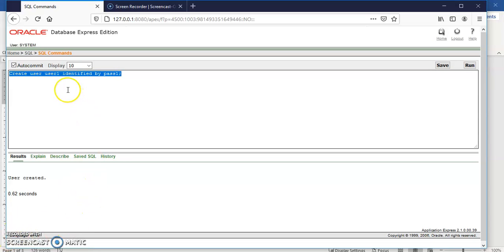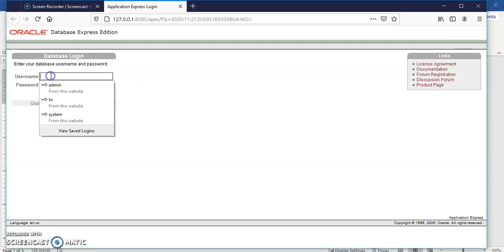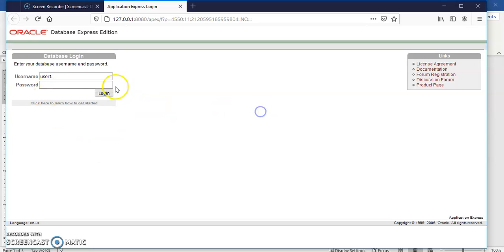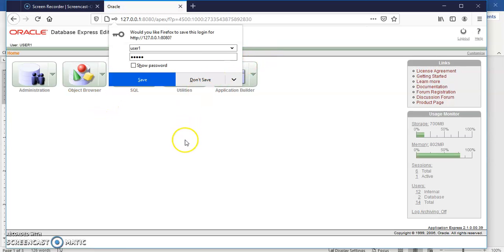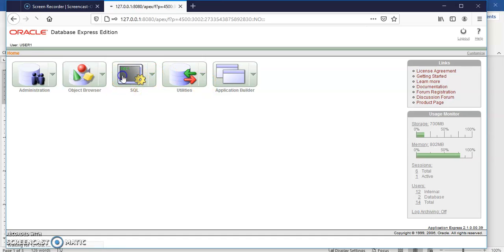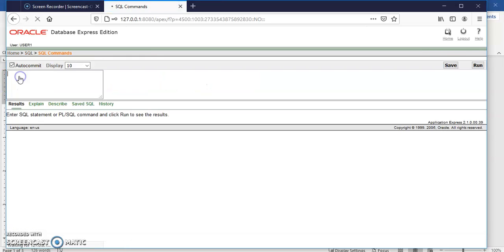For this, we need to log in again with this user1 user ID and by using pass1 as the password. So here we put user1 and the password pass1. So we can see the user can log in.